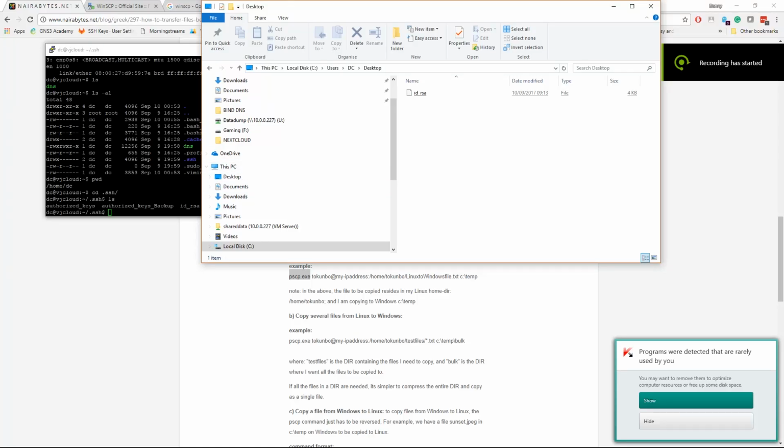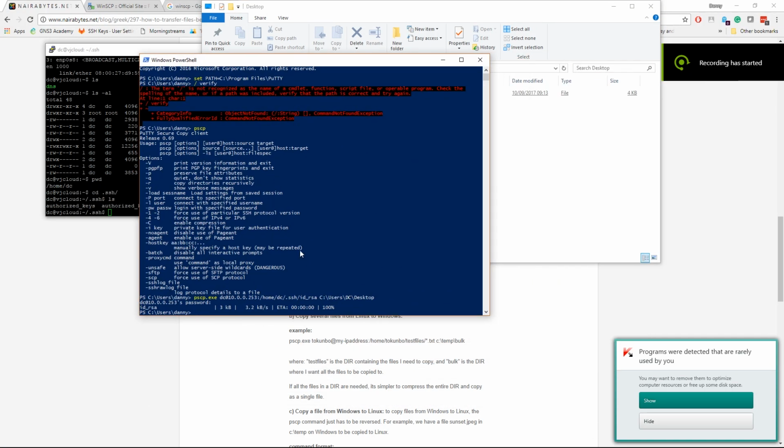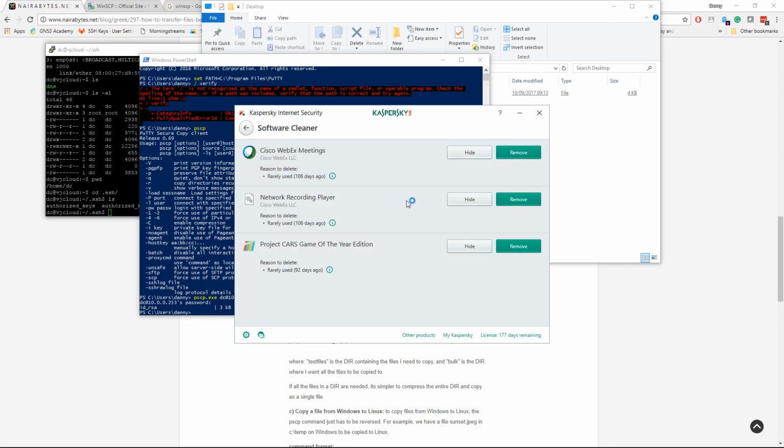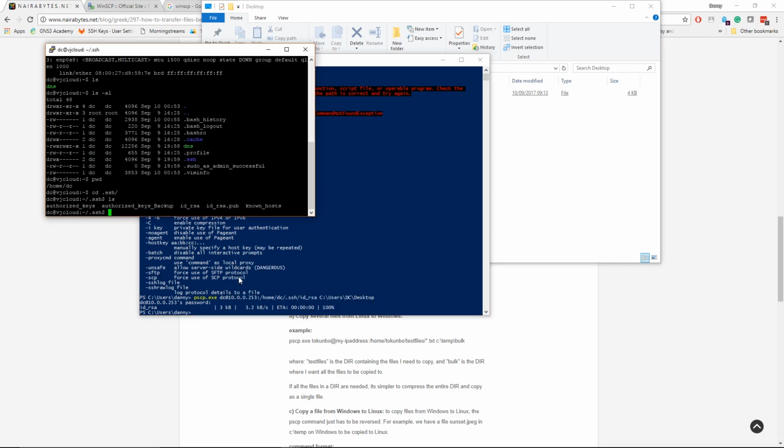Hi, so today I wanted to go through something called SCP or PSCP in Windows. This is really cool and I'll show you why. So say for example you want to copy the